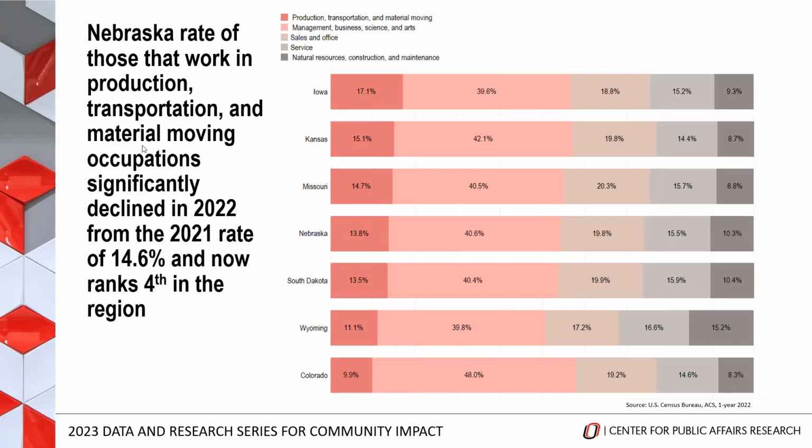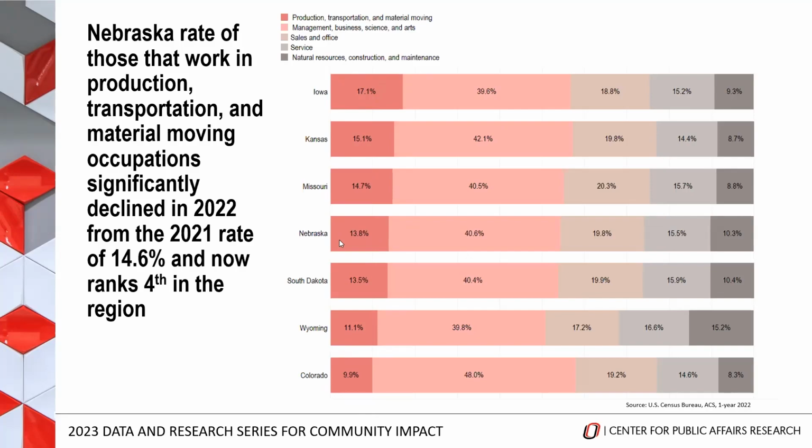I give you two reasons. One, it's down, so I want to see what's up with that, but I also want to see how that compares. Here, I've chosen a bar graph, even though I'm looking at regional data, and it's because I'm looking at multiple groupings of data. If I just showed you production, transportation, and material moving, if I just showed you this column and I said Nebraska was 13.8, and I even said it was fourth in the region, I would give